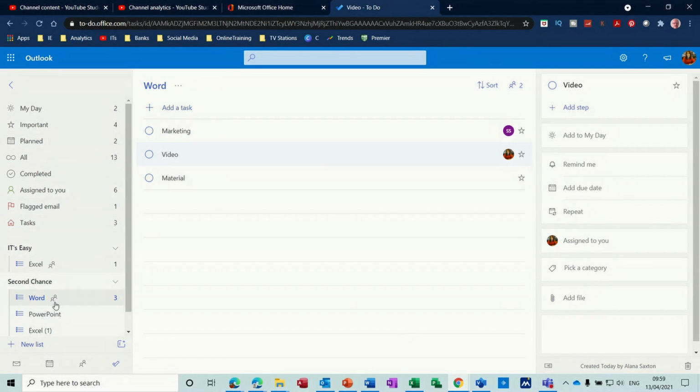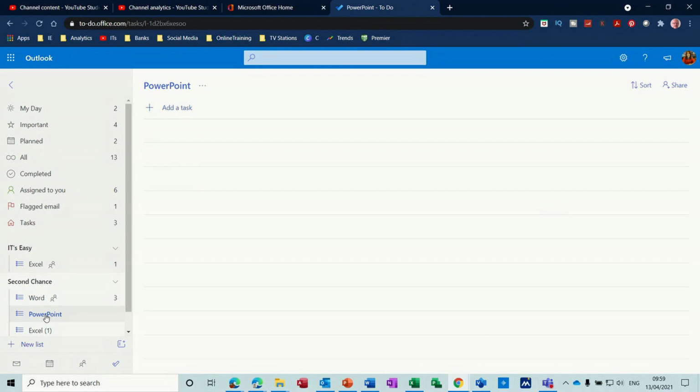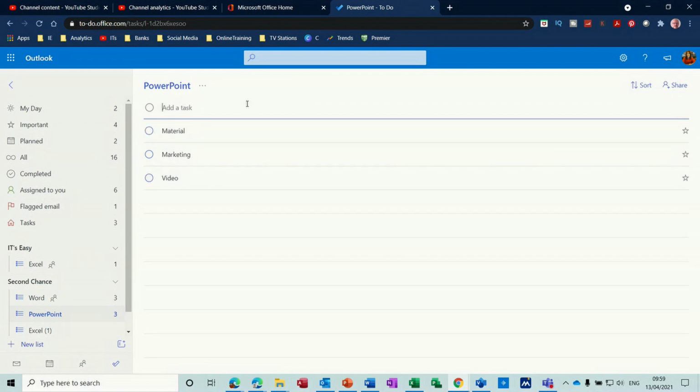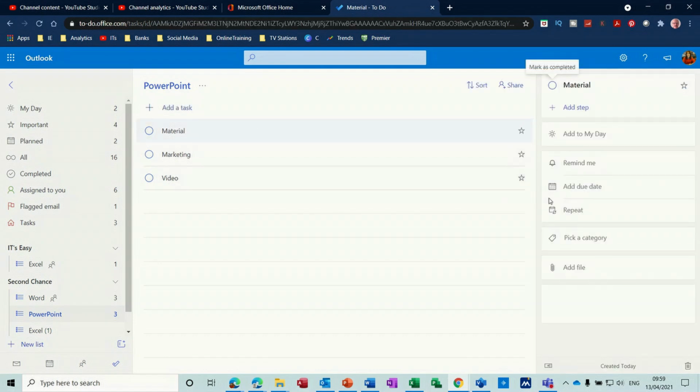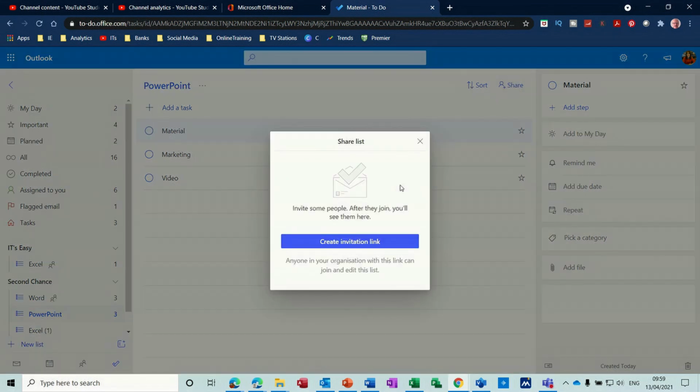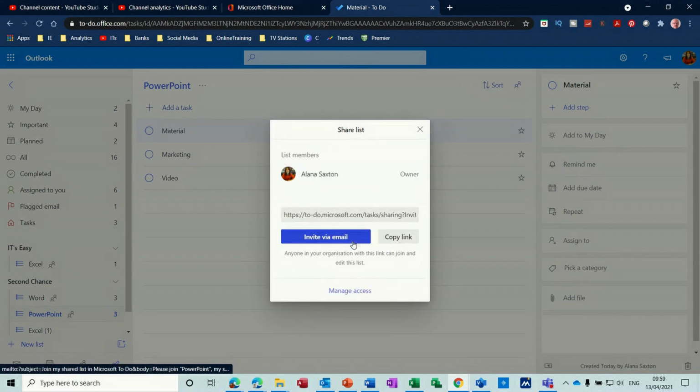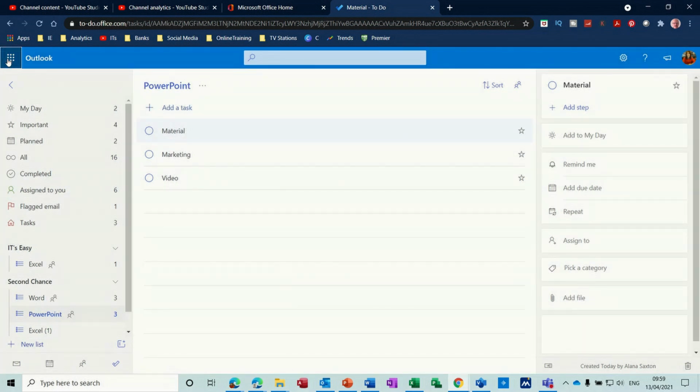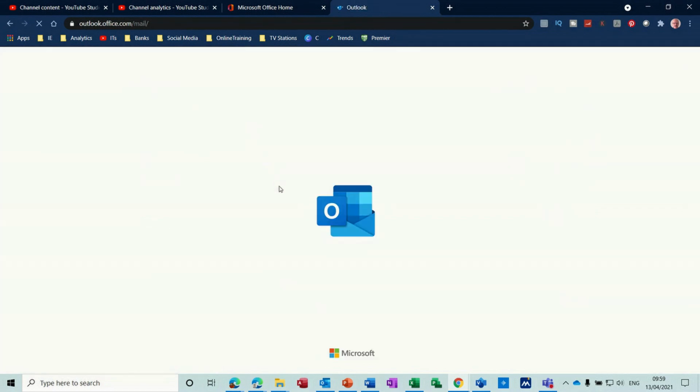So what you do, let's say I want to share this list, so I'll add some tasks, video, marketing, material. So I want to share this list. I'll click into that. Notice I haven't got the option to share or assign from there. If I share the list, share the PowerPoint list, do the same thing, copy the link, close this, go back to Outlook, email that to Steve,